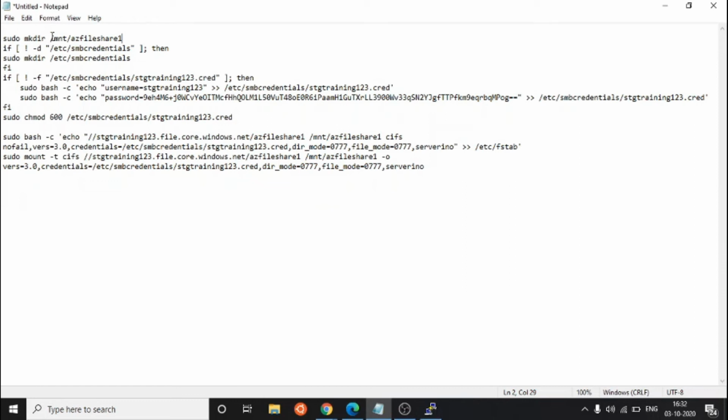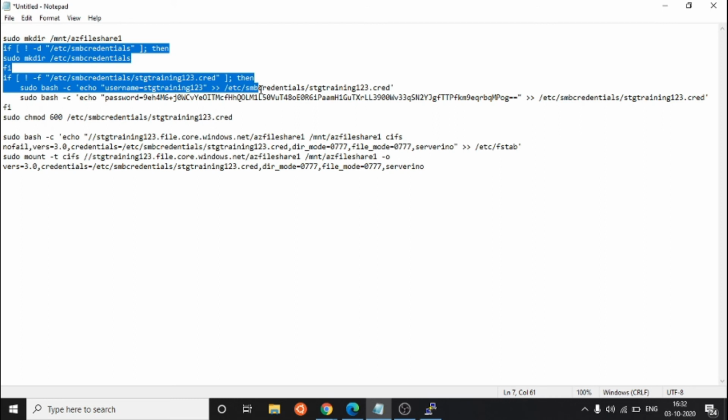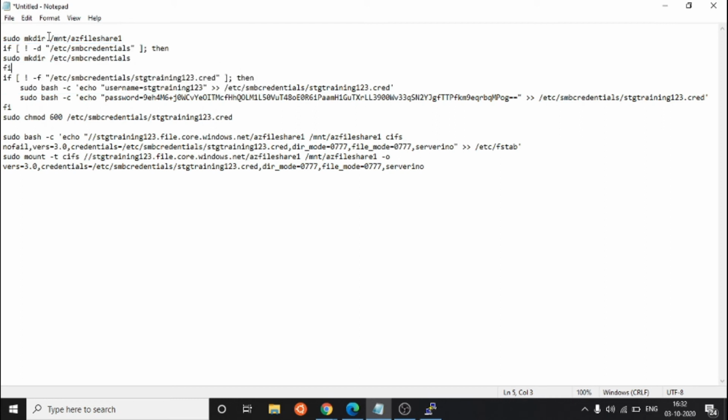What changes do you need to make in this script? Just create this directory in some other place, like slash data drive. The same thing you change here. These are the three places where you need to give the same directory path.